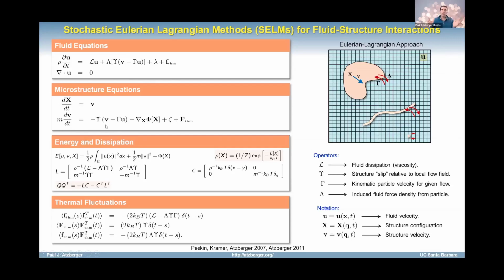So unlike traditional Langevin dynamics, this kind of thermostating will be momentum conserving. The momentum that you lose from the microstructure ends up in the fluid degrees of freedom and vice versa. As a consequence, the thermal forces that influence the fluid are actually correlated with the thermal forces that impact the microstructure. And this gives the precise correlation structure. It's negative 2 kBT lambda epsilon here. And again, all of this in our modeling framework is delta correlated in time.